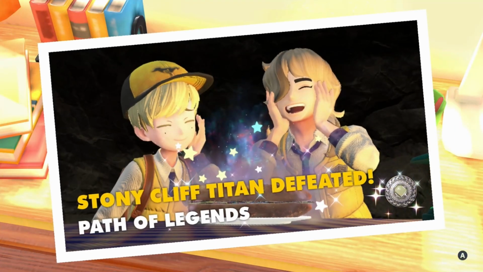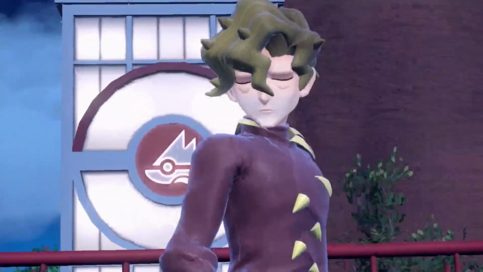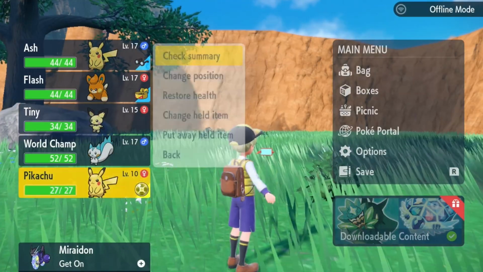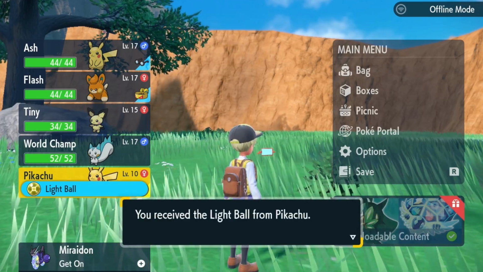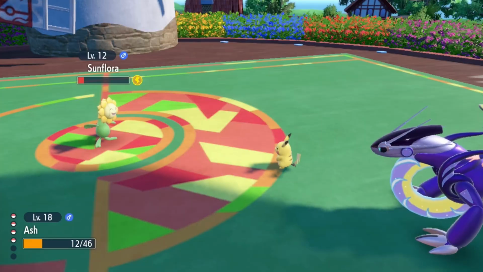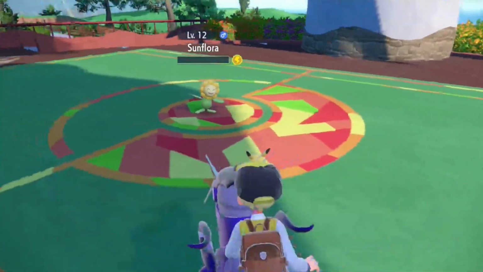With 1 Herba Mystica down, we can now challenge the Artesian gym leader Brashus and his grass types. But first, I catch a few more Pikachus until I get one holding a Light Ball, increasing our attack and special attack on Ash. Unfortunately, I forgot about the Sunflora battles before Brashus, so I am a bit overleveled for